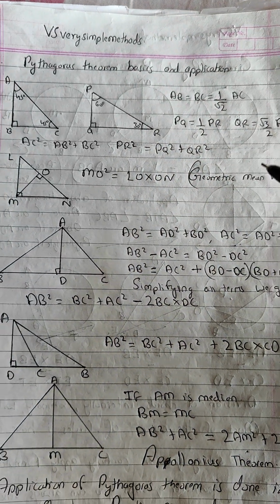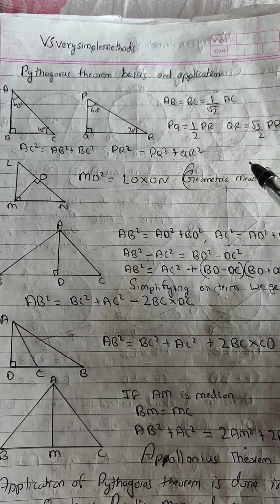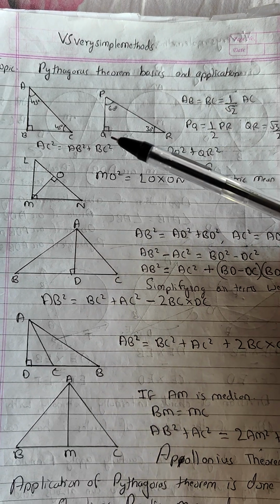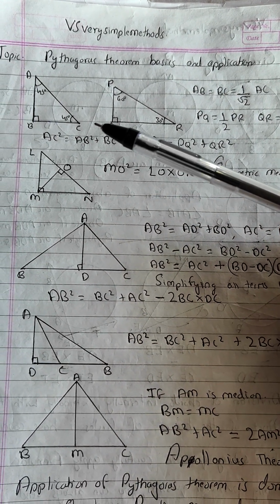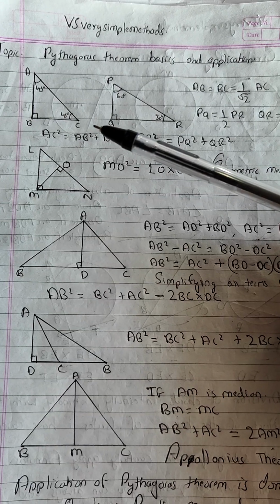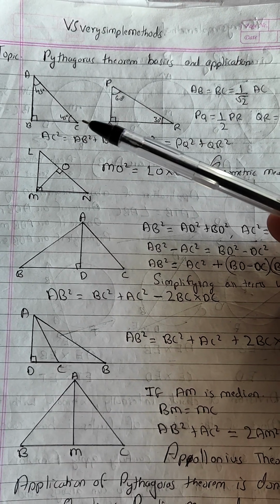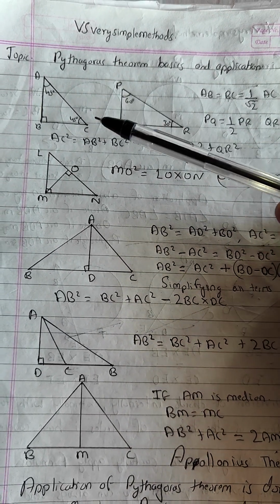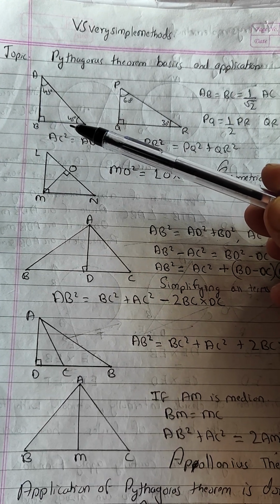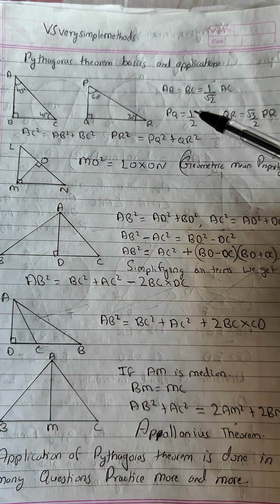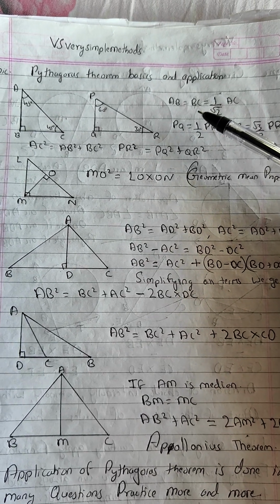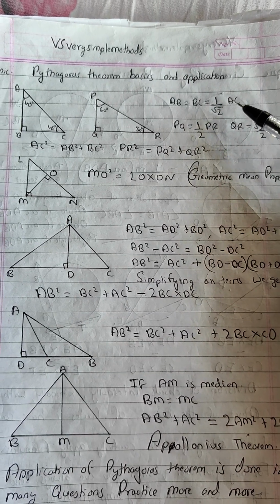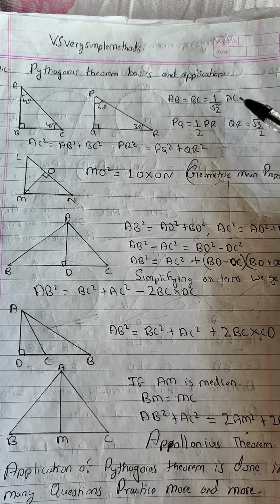Now moving on to the basics. What basic formula we have learned is, if it is a 45 45 90 triangle, in that case it is also an isosceles triangle. If you are aware of equilateral triangle, isosceles triangle and scalene triangle, this is an isosceles triangle. What does isosceles triangle mean? Isosceles triangle means if two angles are equal, the corresponding sides are also equal. That is AB is equal to BC. So here AB is equal to BC, which is equal to 1 by root 2 of AC. This is an application of the 45 45 90 degree triangle.